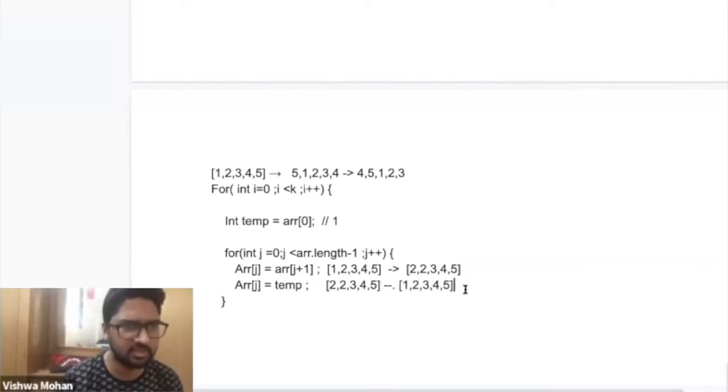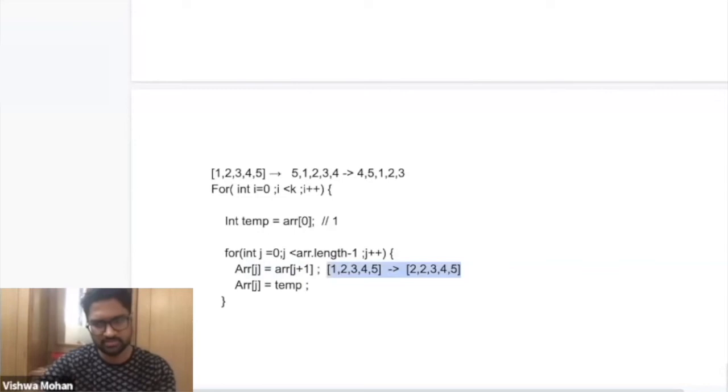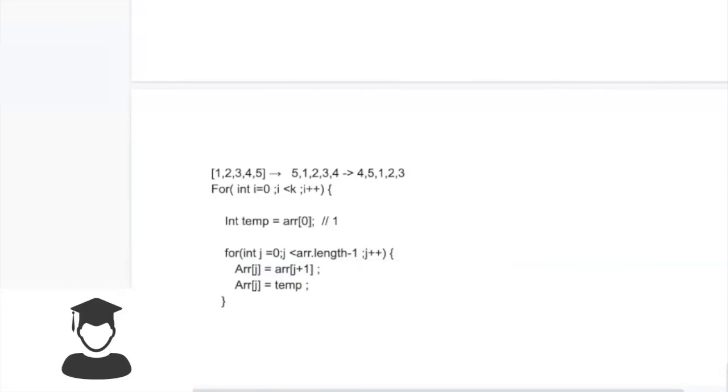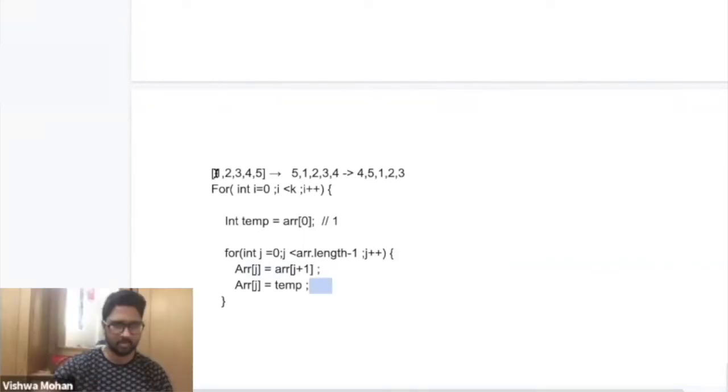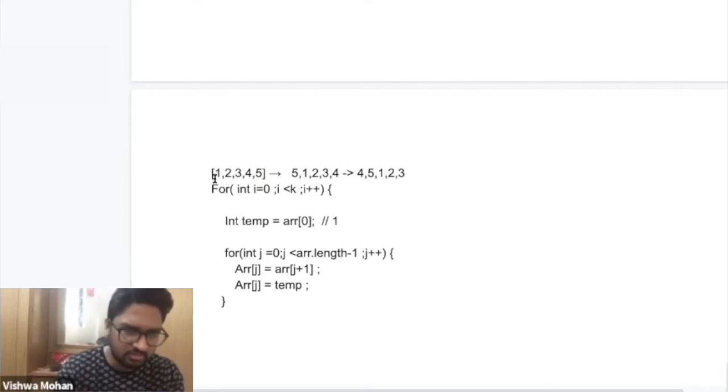Anybody else meanwhile? Manoj, Vivek, Jahir, any change that we can do in this code? We have to write 2 for loops, that is correct. I just want to know the condition that you guys will put in here to rotate the array. So basically in every iteration, all the elements should go one position right, and the last element should come at the 0th position. So 1 went one position right, 2 went one position right, 3 went one position right, 4 went one position right, and the last element came to the 0th position.